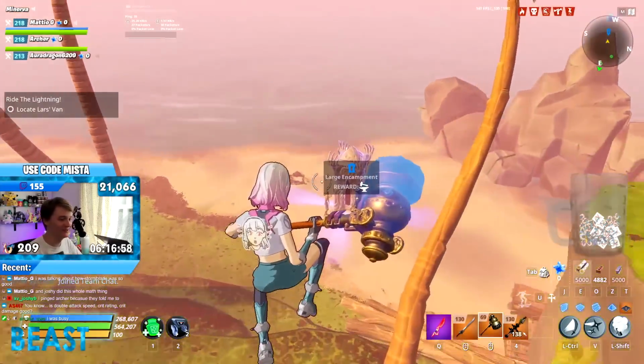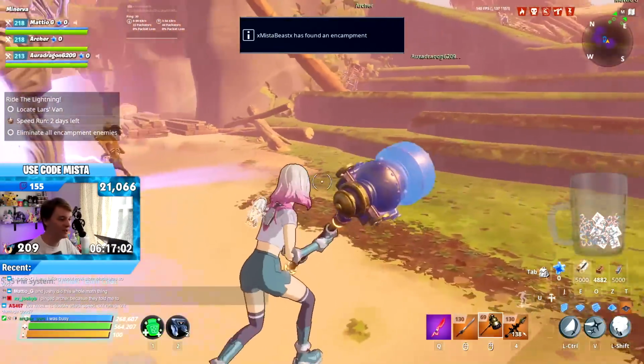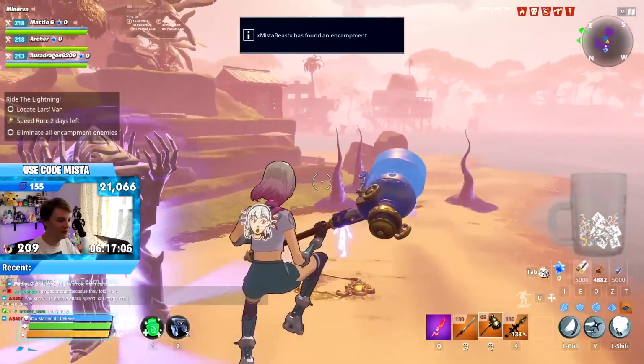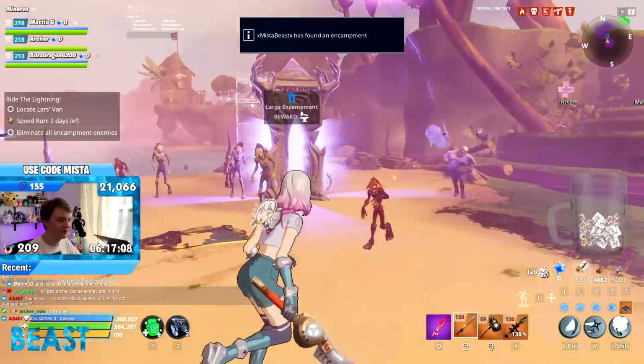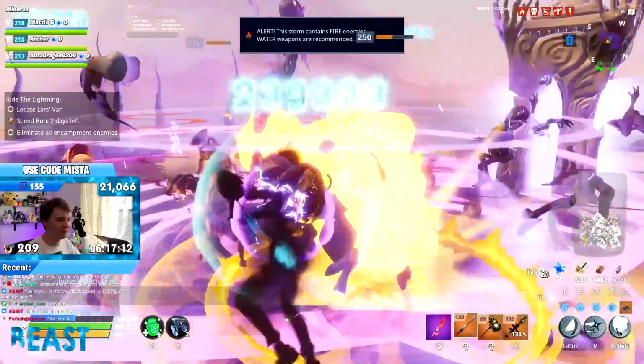Wow, don't you just love it? You know, whenever I'm making these videos, sometimes you guys don't even get to see how long of a gap there is in between something happening on camera and in real life. Sometimes it takes minutes to find an encampment, but this one's just right next to spawn. Also, this has got to be the wimpiest big encampment I've seen in a...